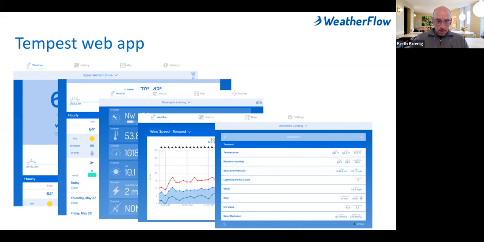And in a soon to be released version of both our web app and our mobile app, you'll be able to go in and look at collective summary data on a daily, weekly, monthly, and annual basis, which is particularly apropos for things like rain accumulation. So how much rain did we get this week, this month, this year? That's coming very soon in an update to both our web app and our mobile app. And all this is free to the Tempest owner and user.